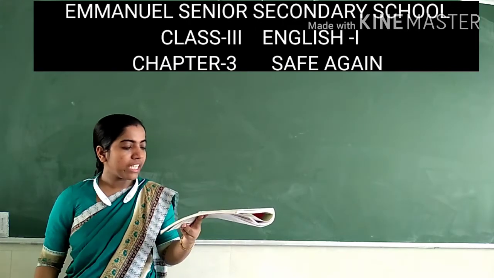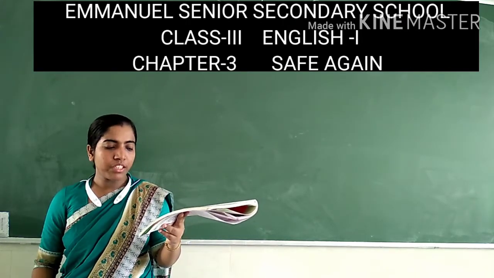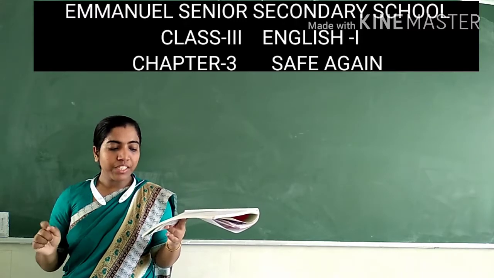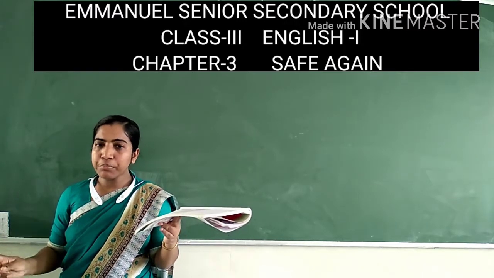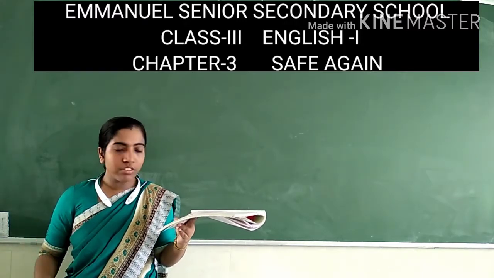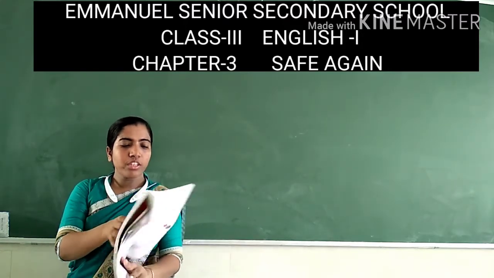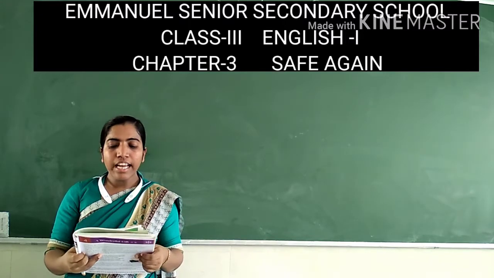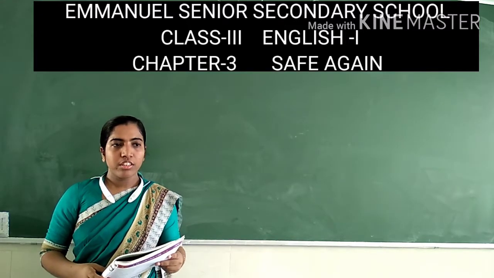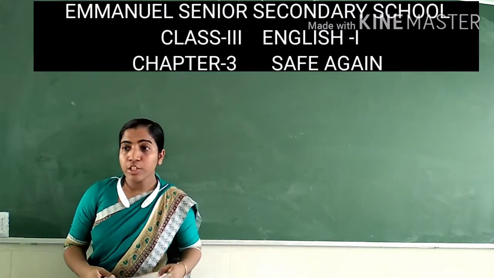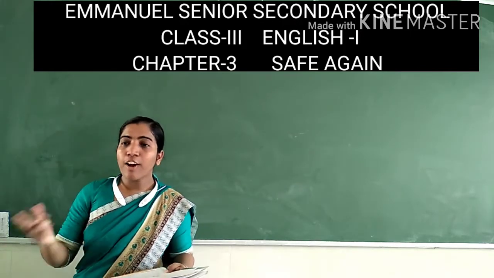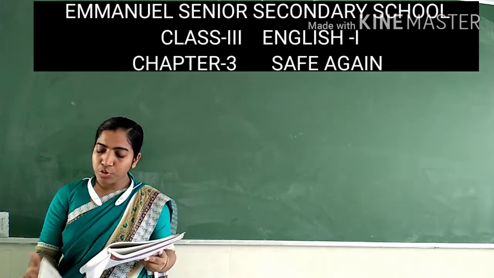Okay, first one, a chick comes out of its shell with difficulty. So comes out with difficulty, we have learned one word in the word meaning. Word meaning हमने learn किया था. What is that? Struggles out. So we wrote that struggles out. Come to the second, suddenly I am not in a cage. अचानक से मैं केज के अंदर नहीं हूँ. So not in a cage means it's out of the cage. So what is the word we can use there?